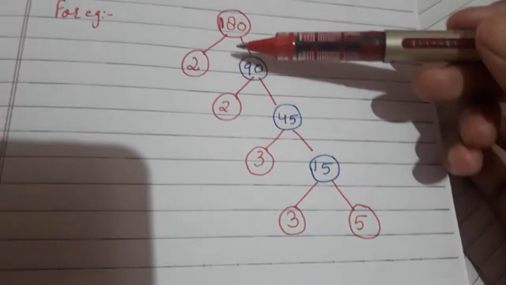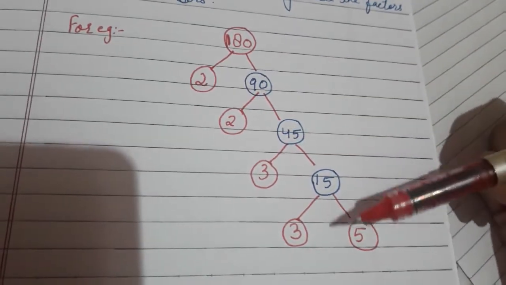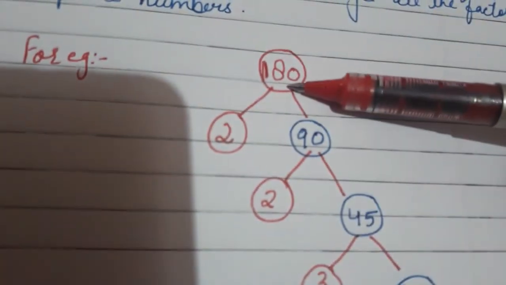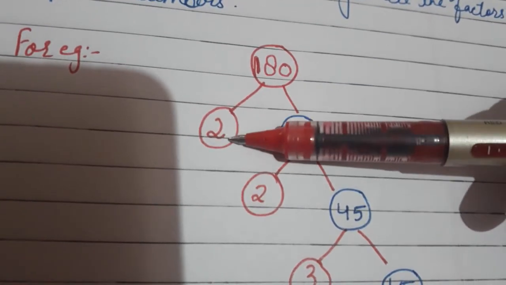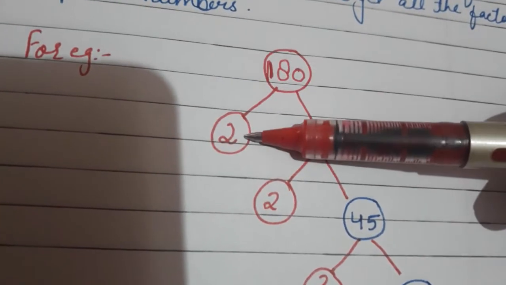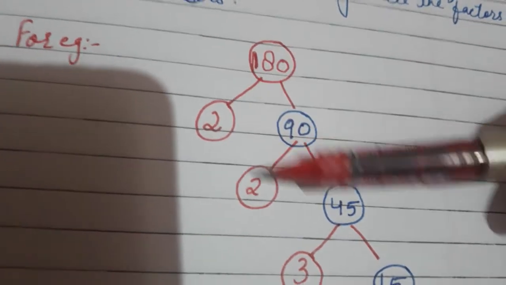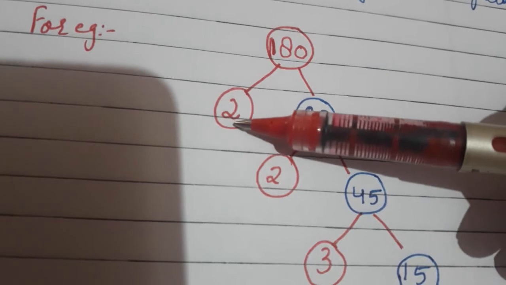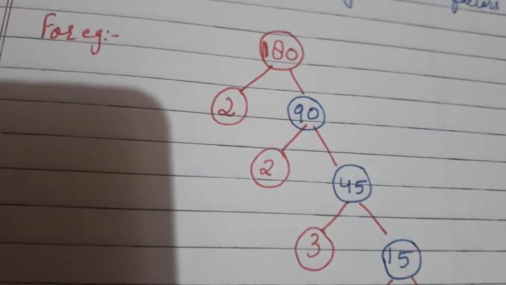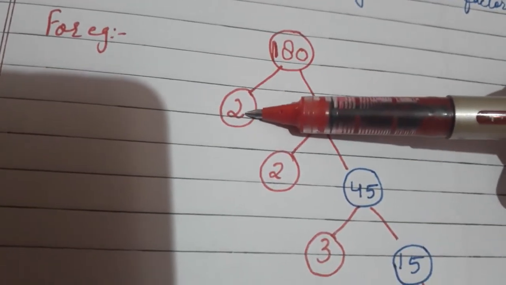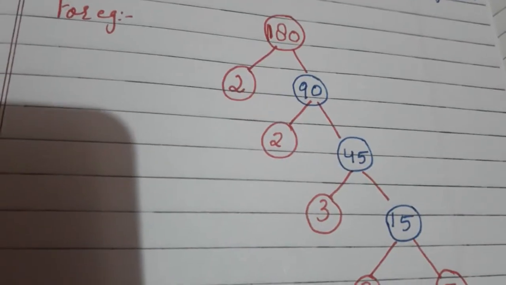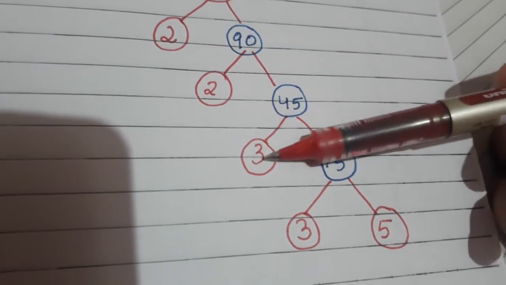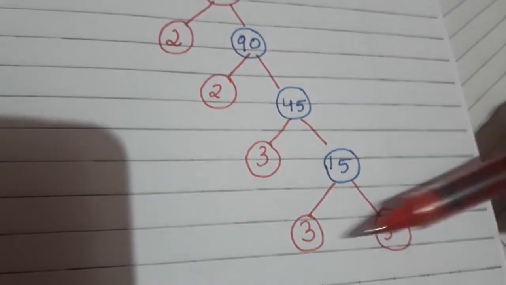Okay, this is the way to solve a factor tree. We will start from the biggest number. If the number is even, start dividing by 2. If the number is not even, start with 3. Do not start with the bigger number and then go to the smaller ones. No, that way it will be wrong, and it will be confusing also. So try using the smaller number, and then gradually come to the bigger ones: 2, then 3, and then 5.